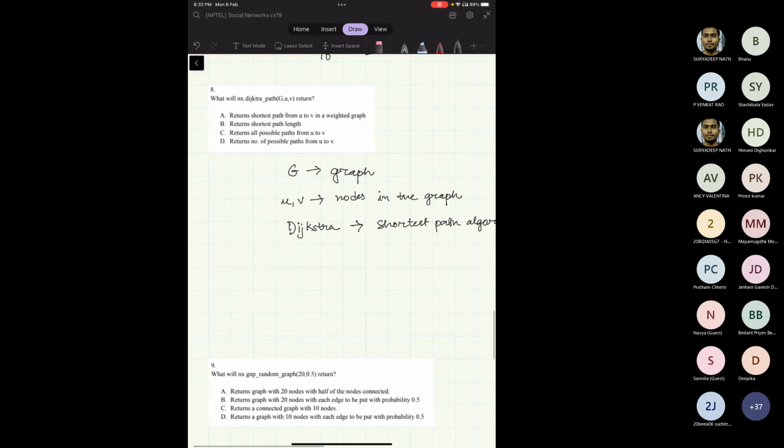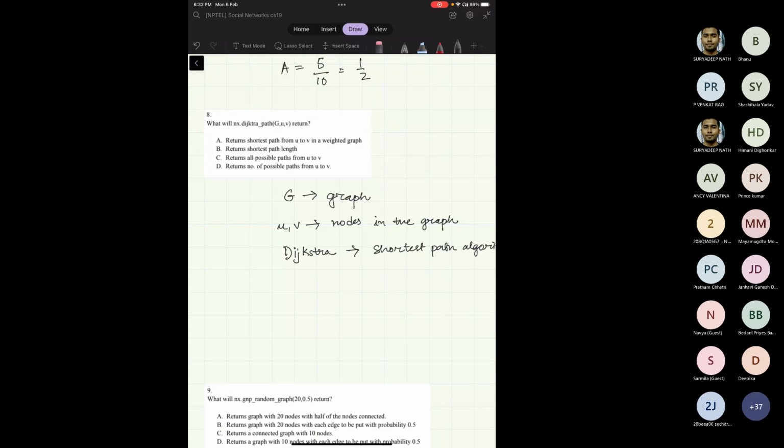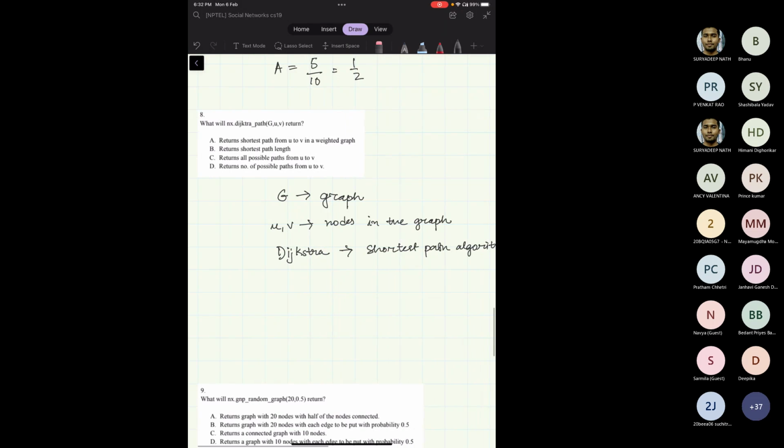A weighted graph means that edges can have different weights. Consider a road network. This algorithm was initially given for such a network. The distance between any two cities, let's say city 1 and city 2, is the weight of that edge. So it returns